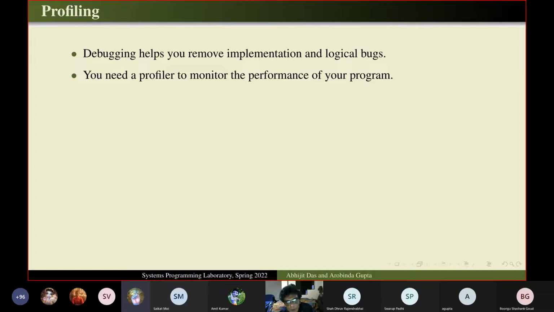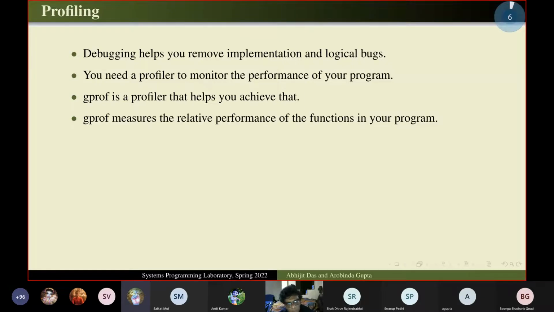So I now have a program which is free of implementation bugs and logical bugs, but maybe its performance is poor. So I have to identify what the sources of inefficiency in my code are, and a profiler like gprof helps us to achieve that. In fact, to be very precise, what gprof does, it makes a,